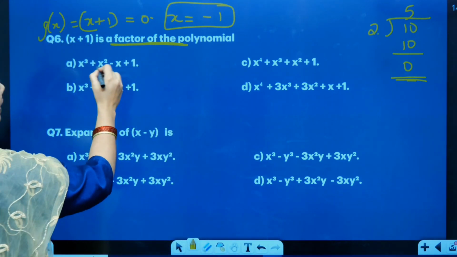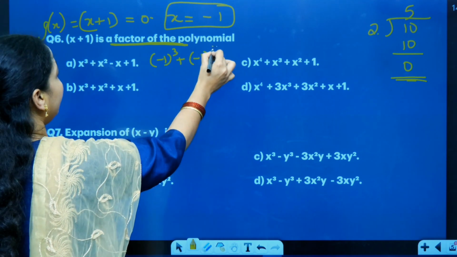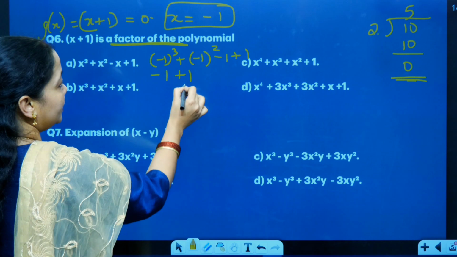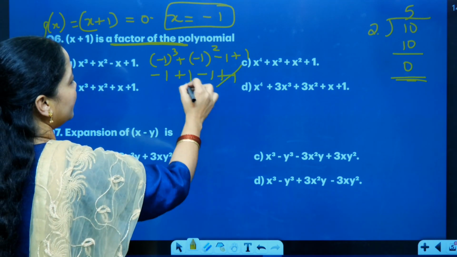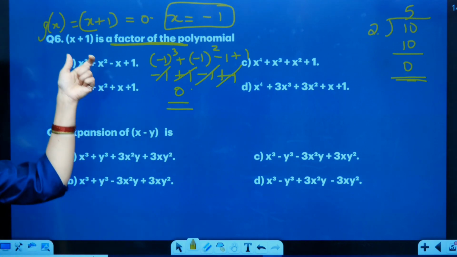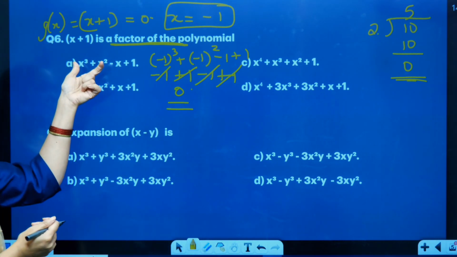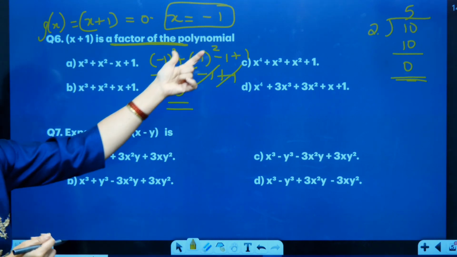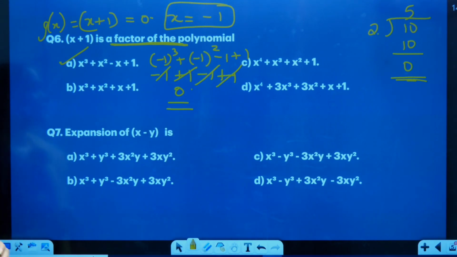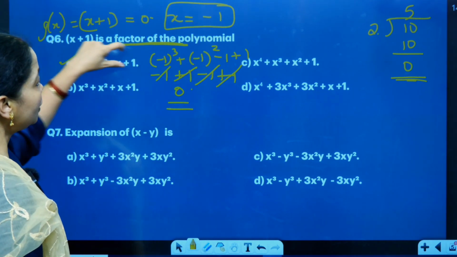I'll take option A. So this will be negative 1 cube plus negative 1 square, negative 1, positive 1. So this is turning negative 1, positive 1, negative 1, positive 1. Everything is getting cancelled. So my answer is turning 0 in my first option itself. So I'll not check for the other options here. If you are not getting the answer 0 here, you can check for the other options and conclude with it. For me, the answer will be A, because at the position of x equal to negative 1, the polynomial is